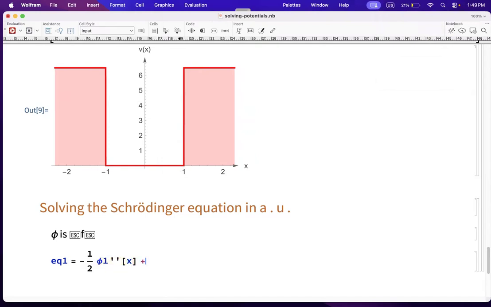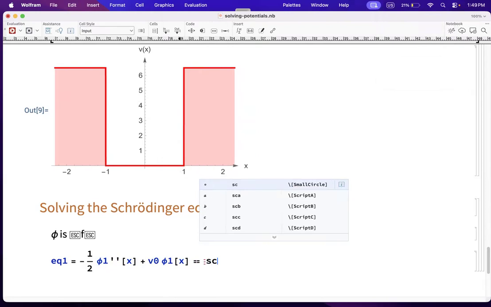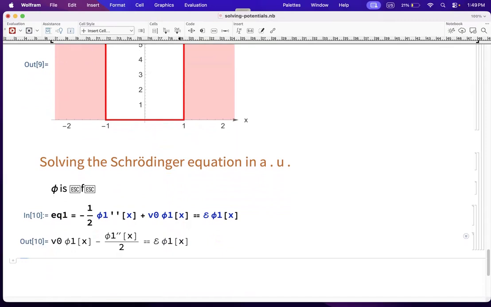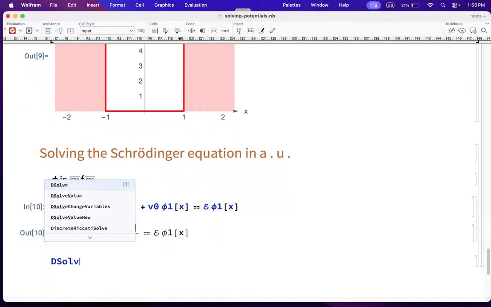Plus V0, right? Times phi of x equal to the energy times phi of x. That is my equation. That is the Schrödinger equation for the region 1 in atomic units. How to solve this? We do this. This solve